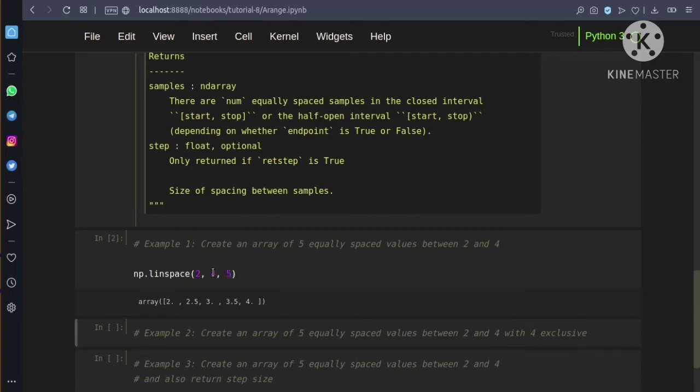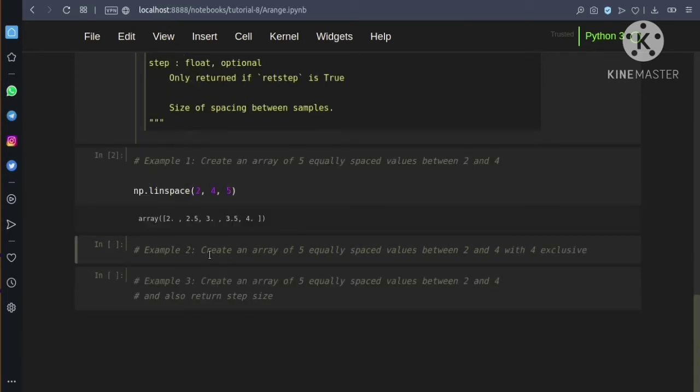So it will return 5 equally spaced values between 2 and 4. It returns both inclusive, so 2 and 4 are both included, and this has returned 5 equally spaced values between 2 and 4, which are 2, 2.5, 3, 3.5 and 4.